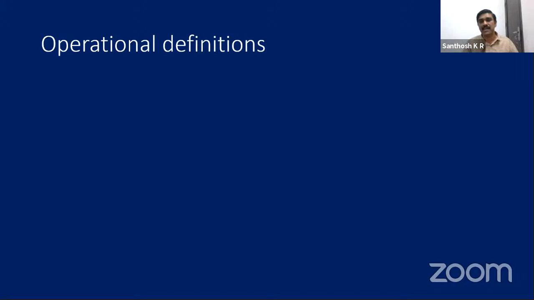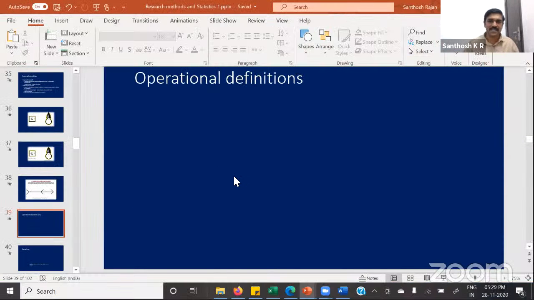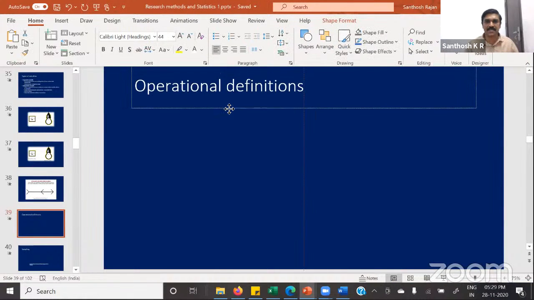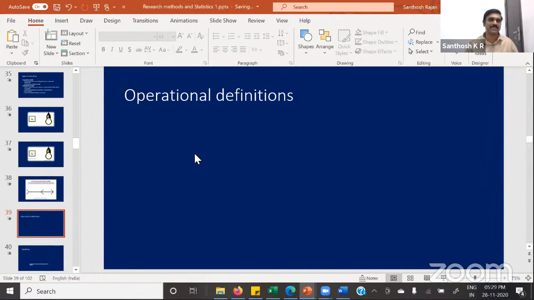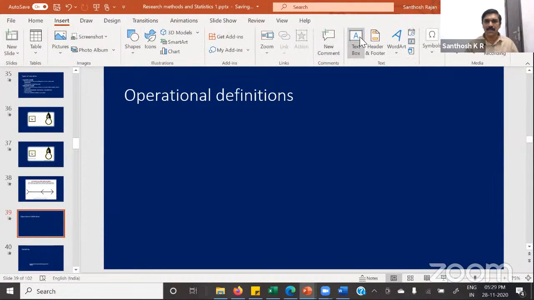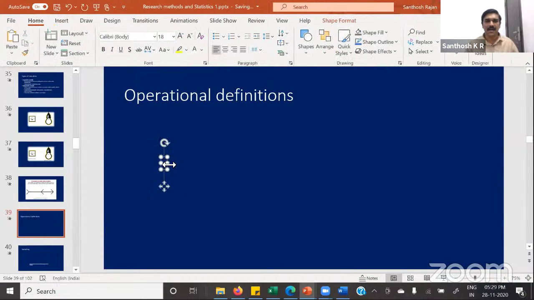So in our research, we will always say that our measurement is not complete. We will say that we measured this particular construct based on these dimensions only. And when we say like that, we can say that we have done an operational definition. For instance, imagine that I am using the tool of the Wechsler intelligence scale.